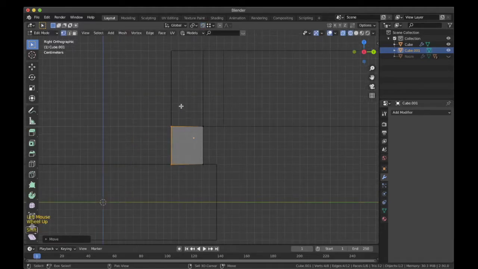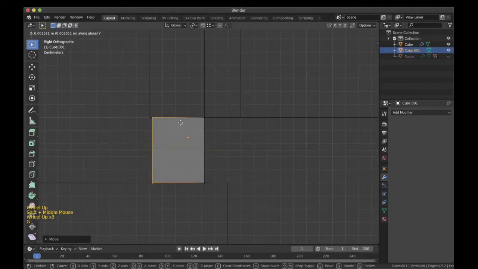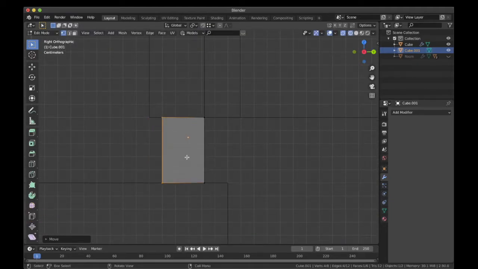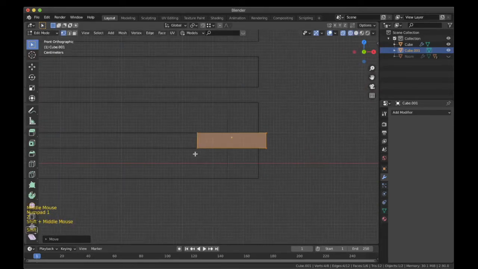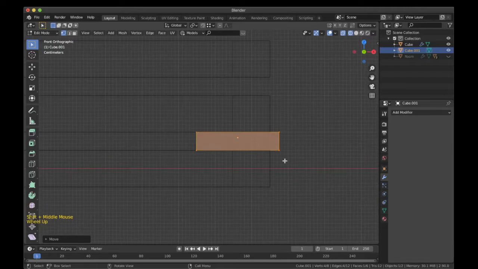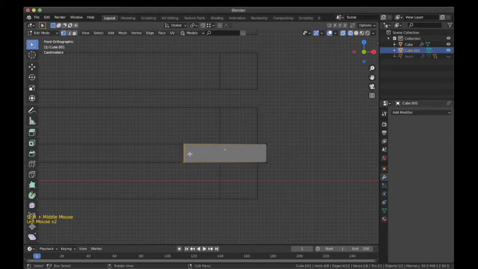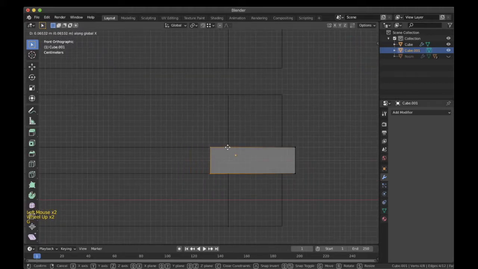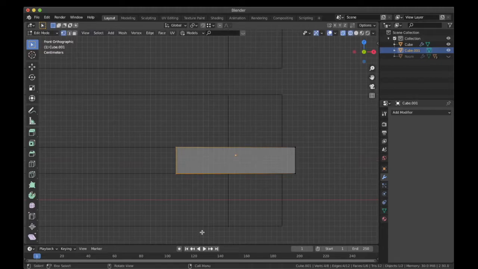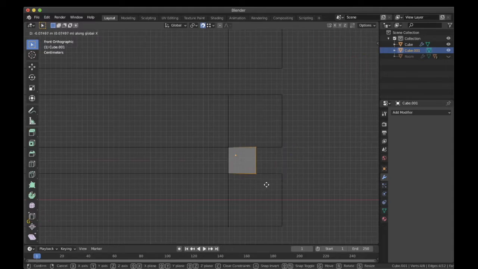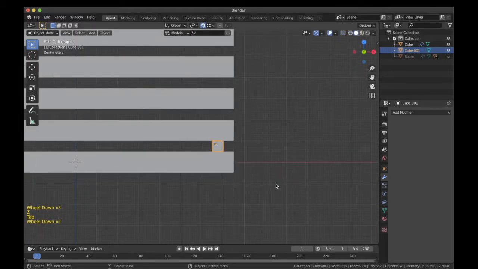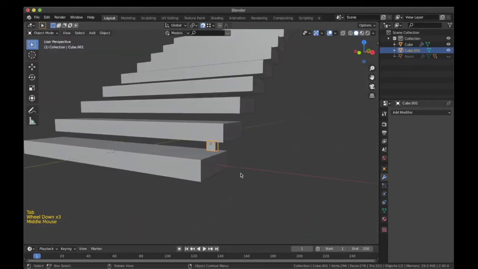Now I will turn this off because I want to give it some depth over here. This will look fine. So this will become our basic. Oh, let me also change it along this axis. So as you can see over here, you have to see in every axis that it is happening in the correct way. So I will move it along X axis and snap it to this. Let me turn that on once. I'll snap it to this vertex, and then over here I will just give it a random width. So this is the basic support of a step.